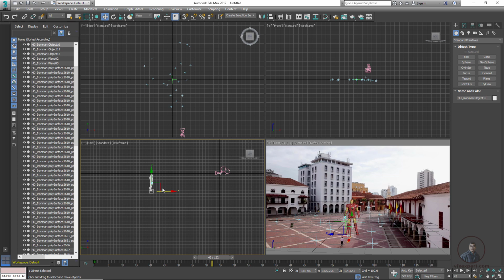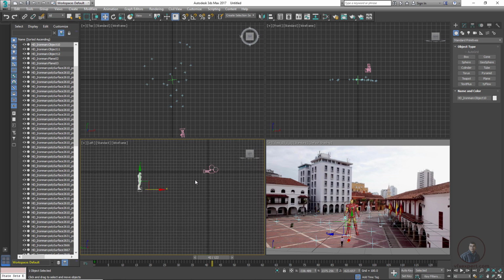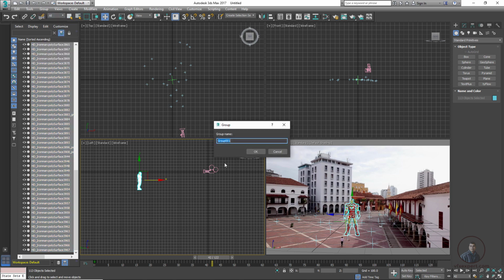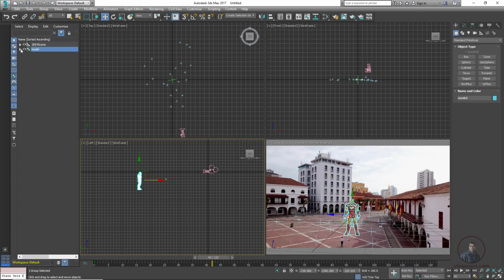So now before placing this object on proper points here, first we have to make this object a group here. So select all these objects here. So the first one and this last one. Then click on this group and create this group here and give it a name. So model, any name you can give. So now a dummy is created over this main group here. Then simply you can select it and easily move it.